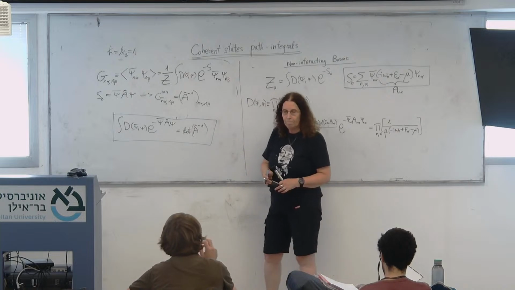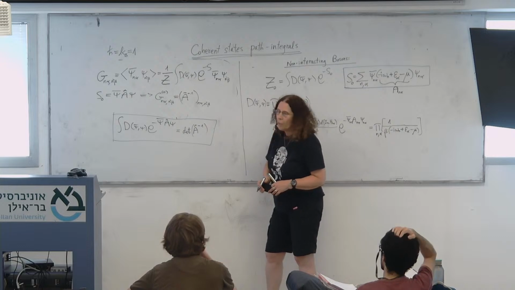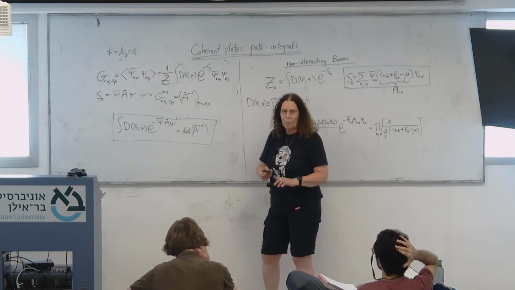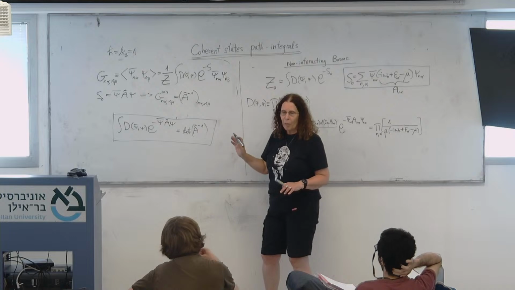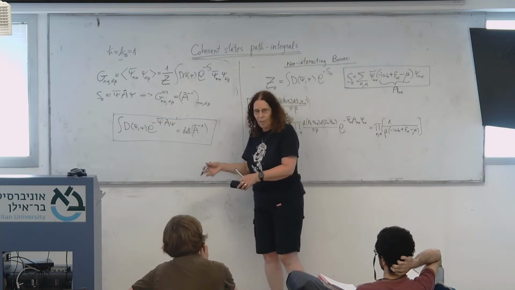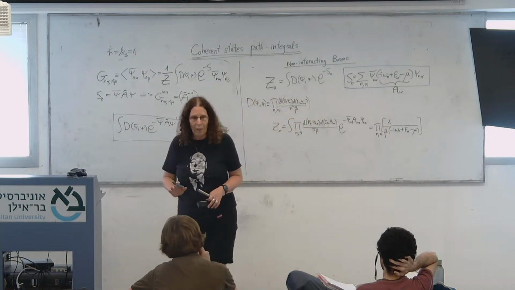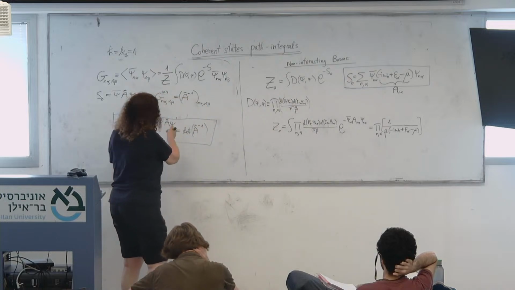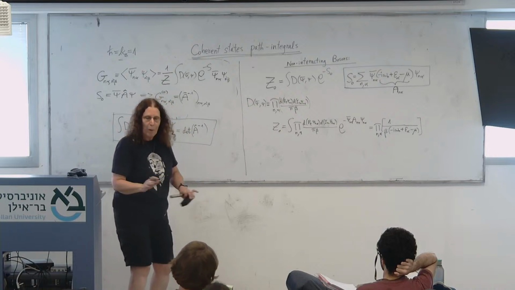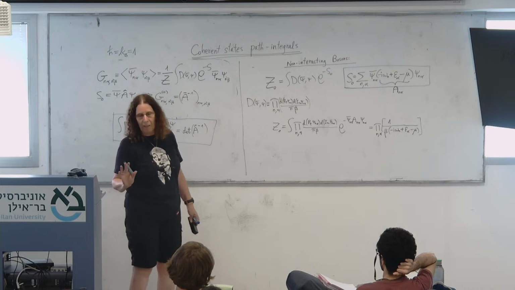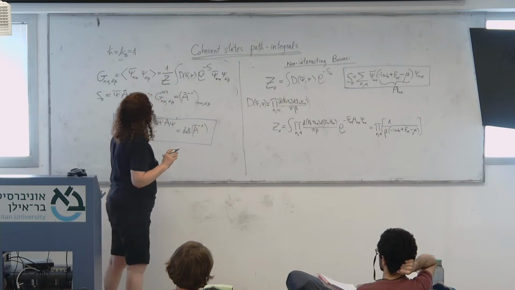Yeah? The order between the sides in brackets... The order is not important because they are numbers. That's what I try to emphasize. The main advantage of the path integral: forget about the commutators, they're all hidden in the process that we did. They're hidden there, definitely. That's the reason why you get the time derivative in such a way and all that. But in the end, you get something that is just a complex integral. It's not multidimensional, but it's complex. It's just numbers. So the order is actually not important.